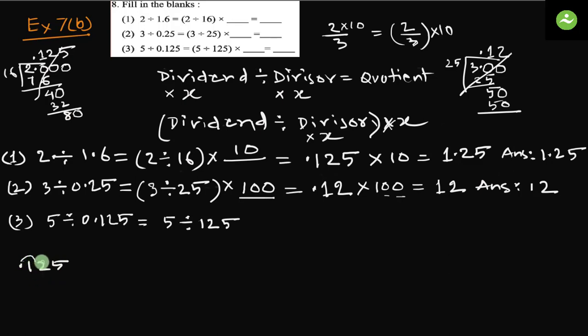If we multiply by 100, the decimal point moves another digit. If we multiply by 1000, the decimal point moves another digit. So this is 125, which means they have multiplied by 1000. So we have to multiply the whole quantity by 1000